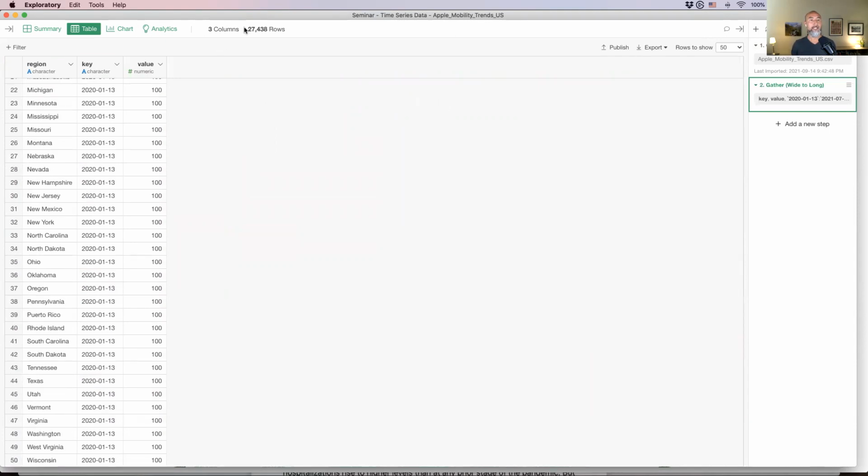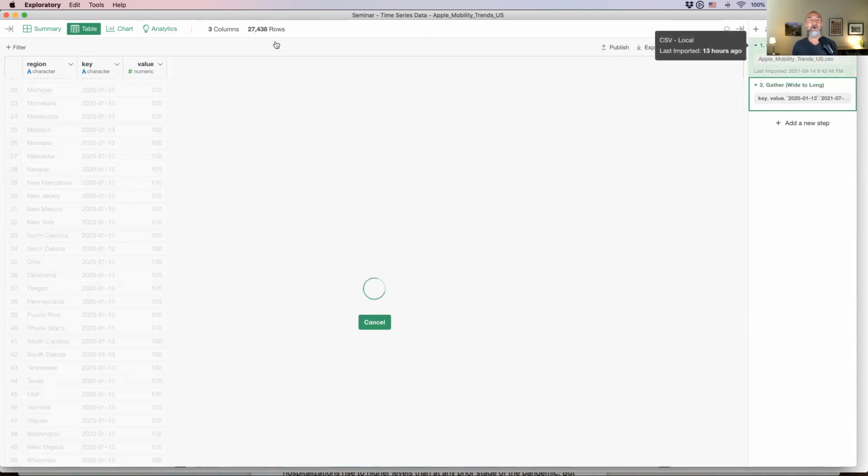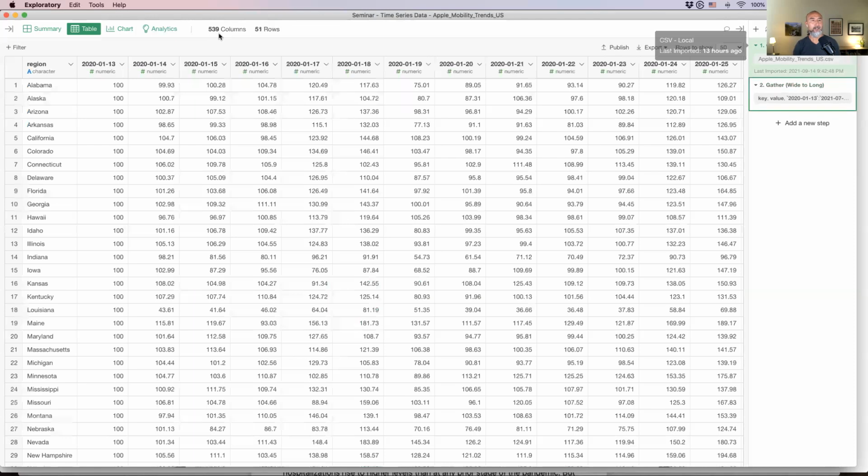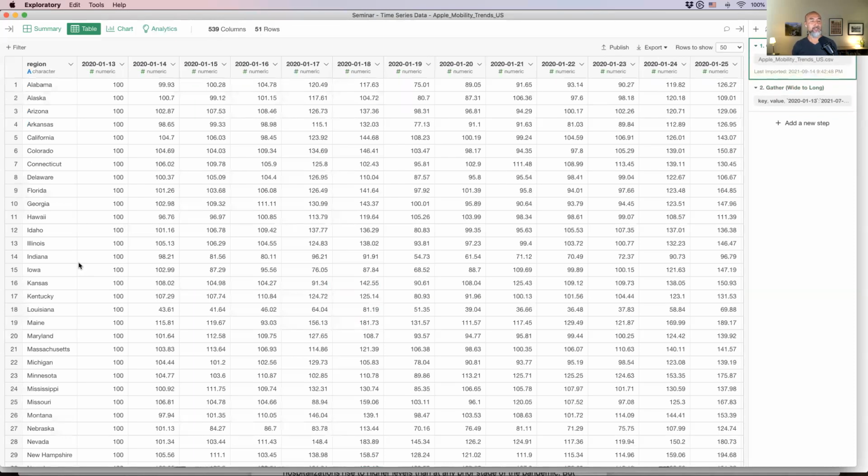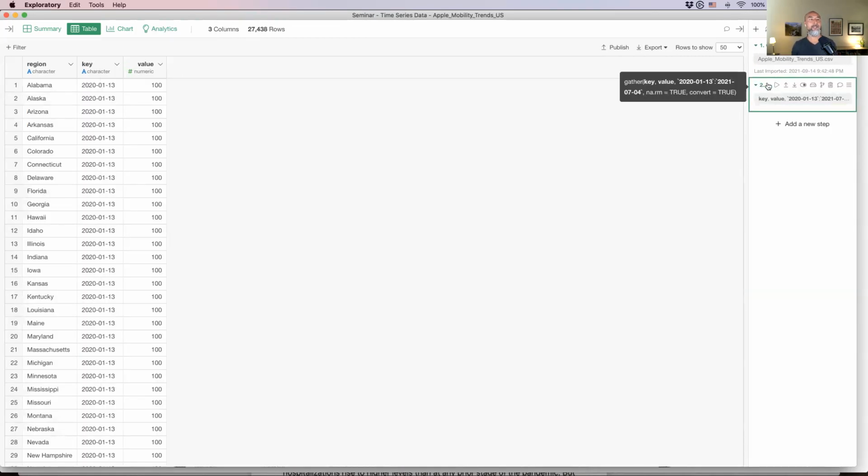Now I have 27,000 rows, as opposed to before when we had 539 columns, and whoa, this is really wide, and only 51 rows. This is like U.S. states plus DC, so only 51 rows. But now after I gathered up the data, I have many more rows, but many fewer columns. Okay, and I don't like these column names, key and value. So I'm going to open this